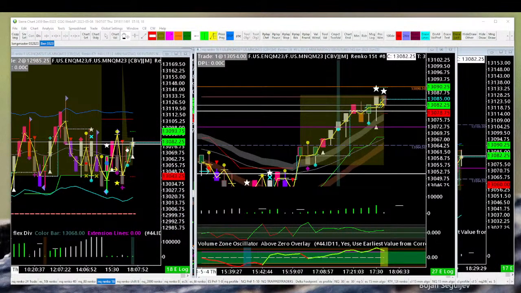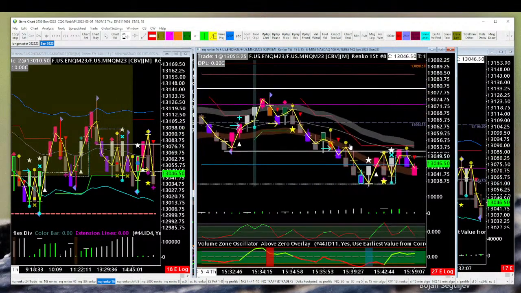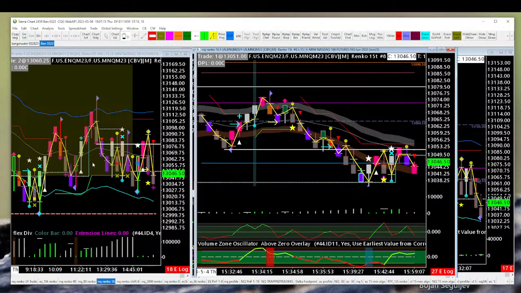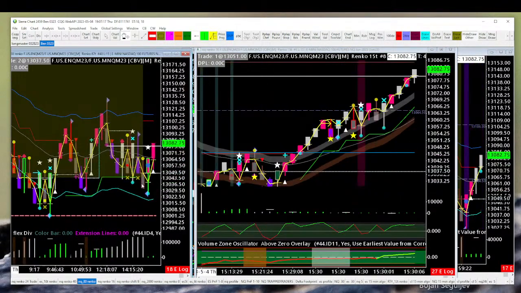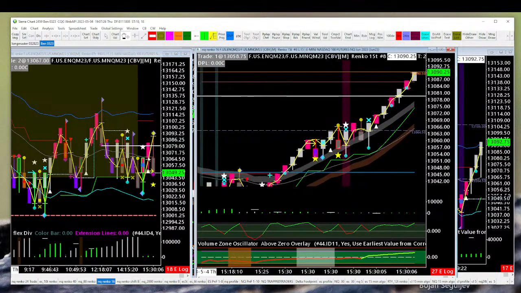All right. So let's see. I'm curious about this pullback and how to determine. Like I said, it set up pretty clearly here. It did not touch the channel, but it got close, and then we got pink, which by itself is pretty good. And you can see it lifts, and then what I would expect is